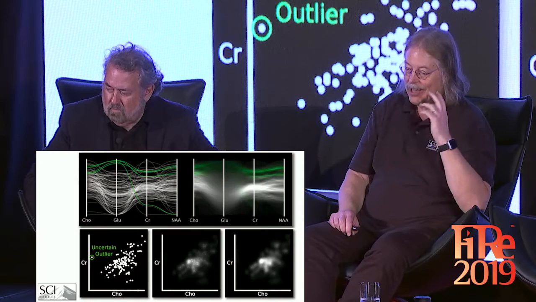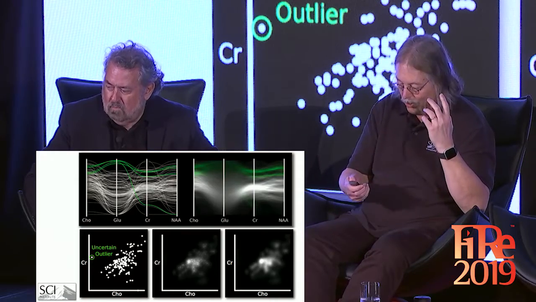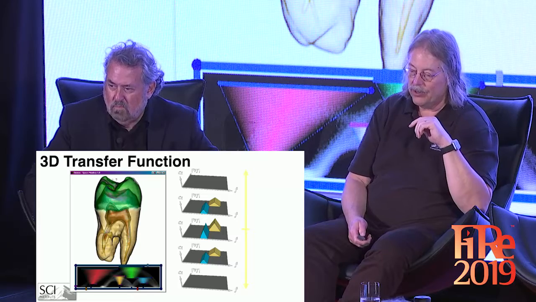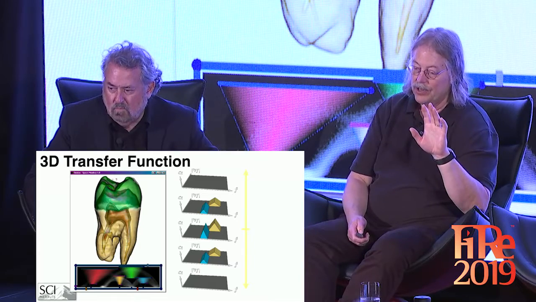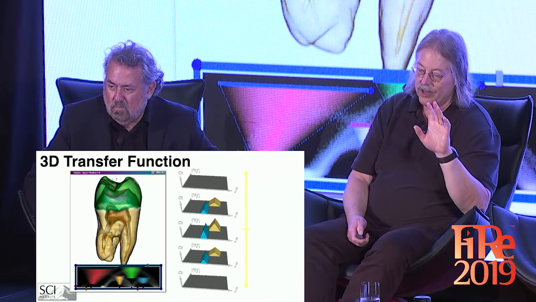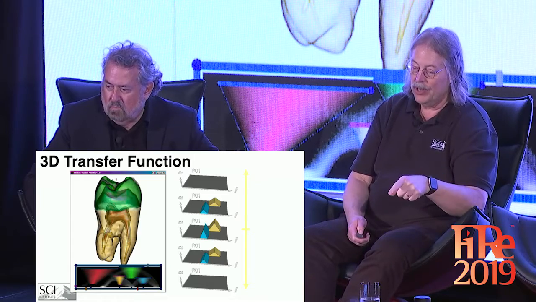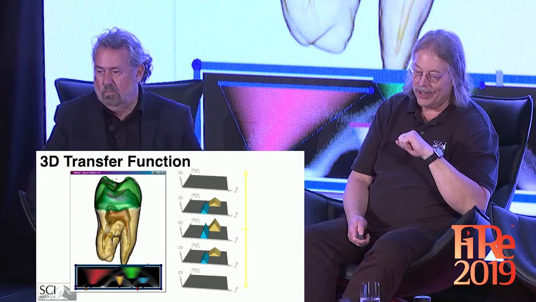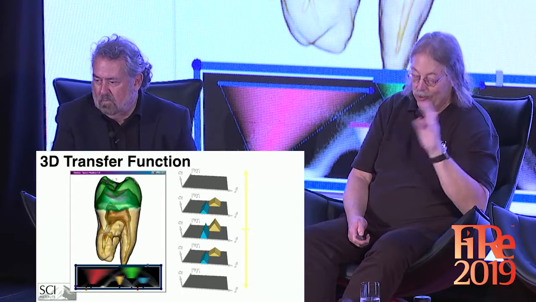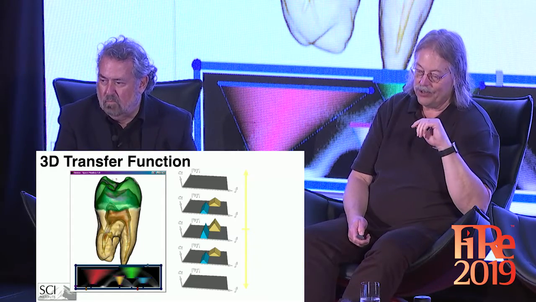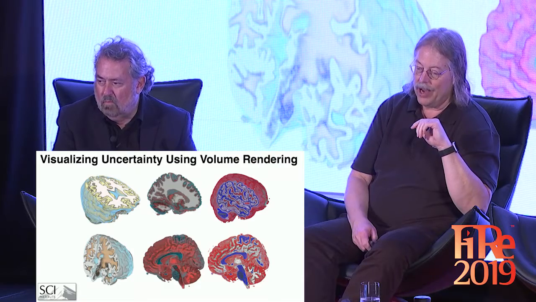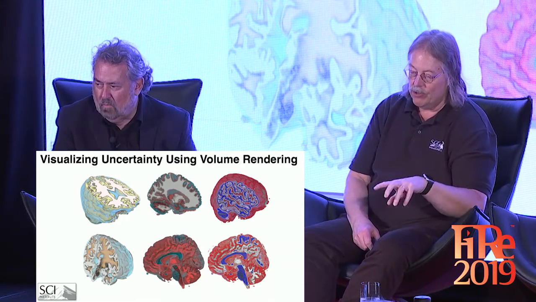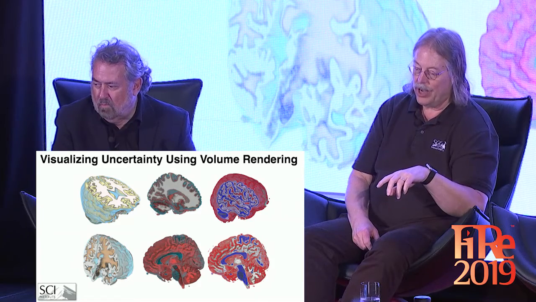So we're kind of trying to keep it at high or low that we have in there. So we've extended this now to scientific and other visualizations. This is a three-dimensional visualization of a tooth. So we can do a lot better than your dentist when you go in to get your tooth visualized. We created something called three-dimensional transfer functions. And we've now been able to adapt that technology to not only visualize the data, but show its associated uncertainty,